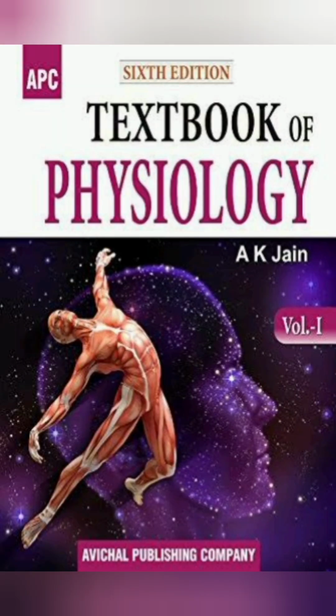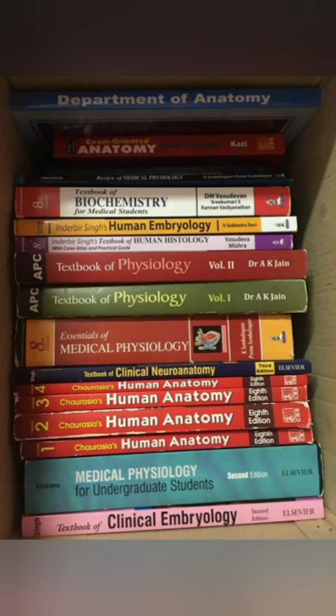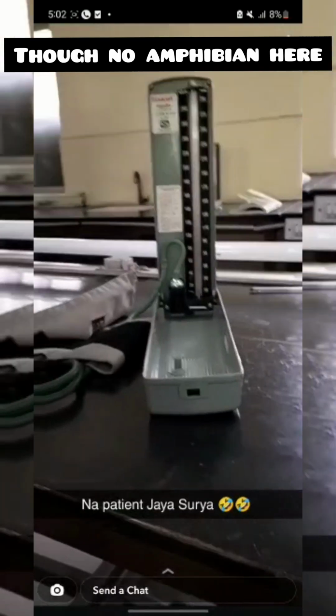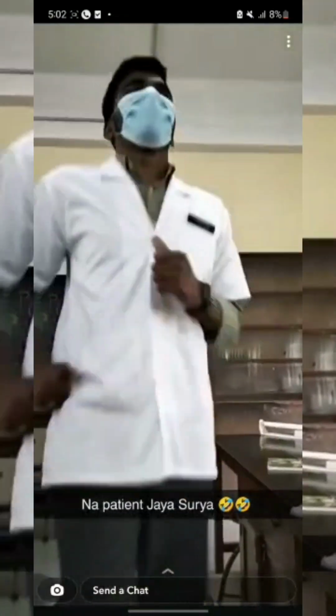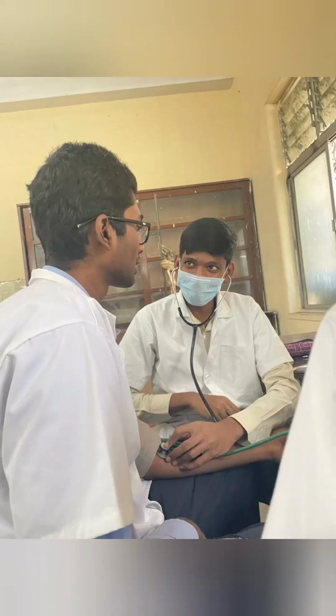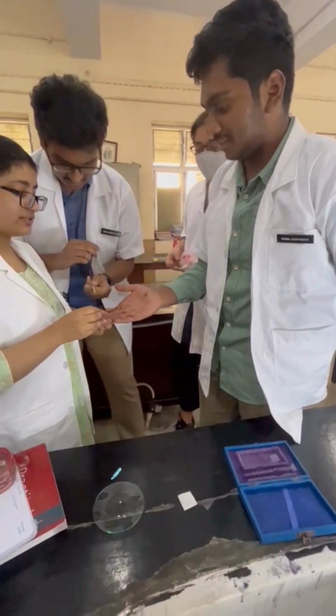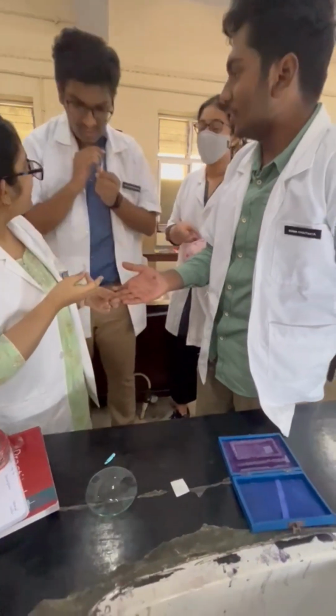physiology as a subject, you'll study as a whole thing, like you have only one book for that. But in the practical, you'll be having two things. One is the amphibian lab, where you'll be taught about BP, respiratory system, cardiovascular system, and cranial nerve examination. Then in hematology, you will be learning about all the blood tests, clotting time, bleeding time, RBC count, WBC counts,